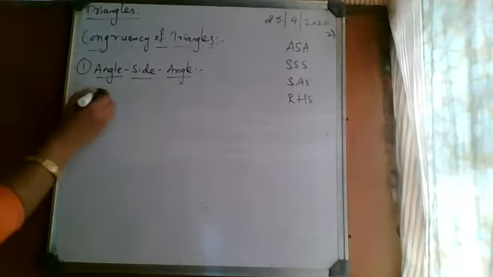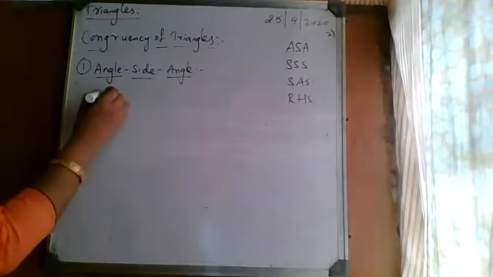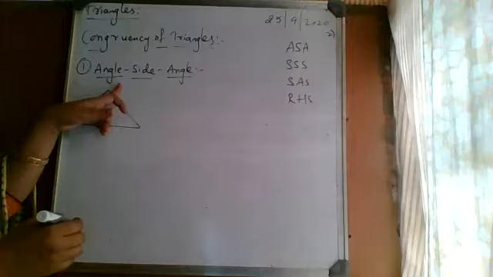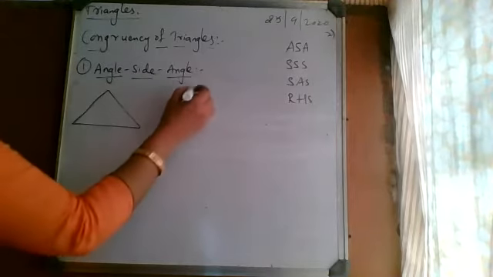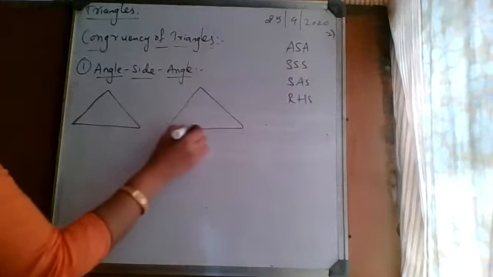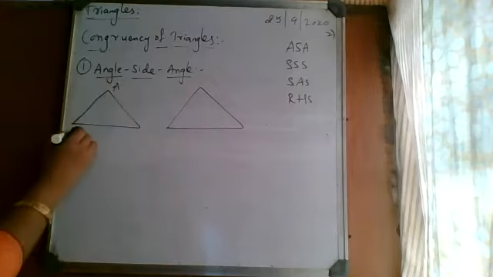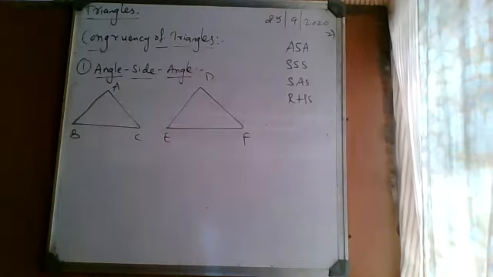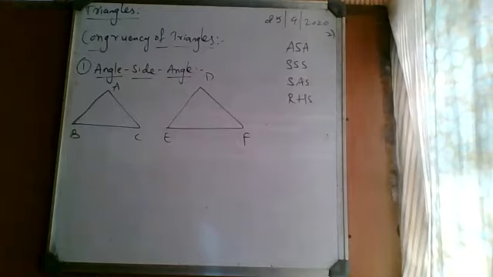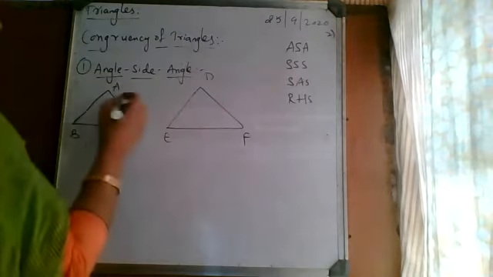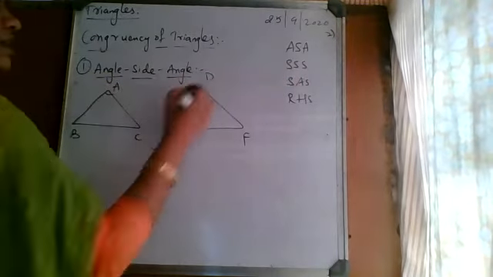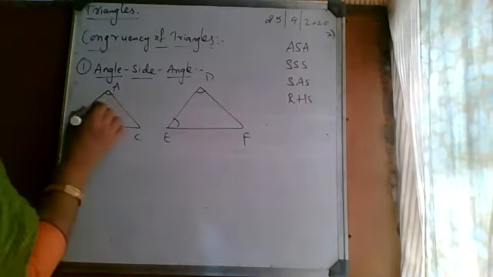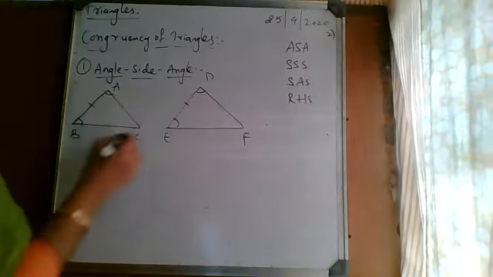So draw a triangle. So this is called congruency of triangles. In this one property we are teaching angle, side, angle. Suppose draw two triangles here. A, B, C, D, E, F. Okay, see this. ABC angle. Suppose angle A is equal to angle D and angle B is equal to angle E, and one side is equal. Suppose this side is equal to this.